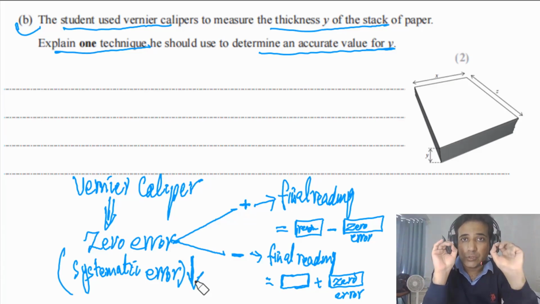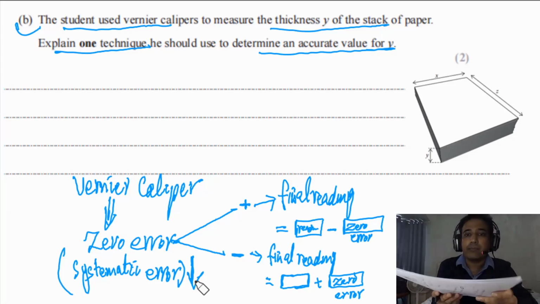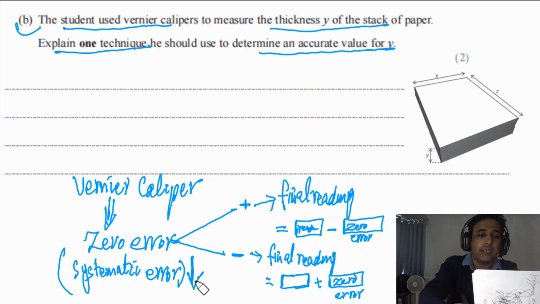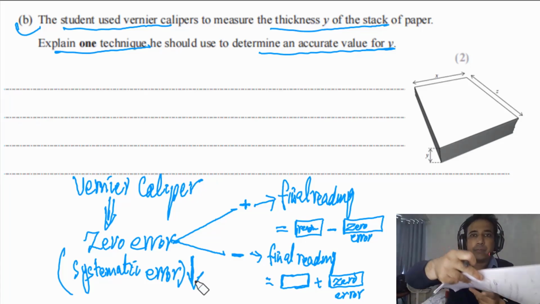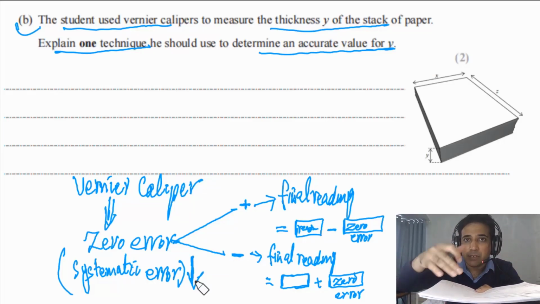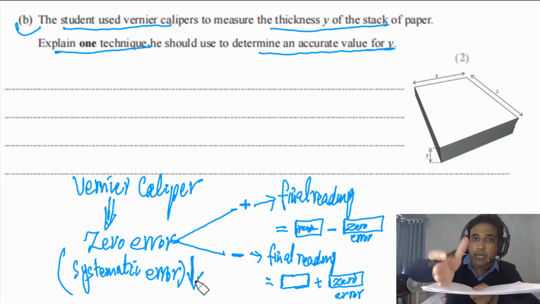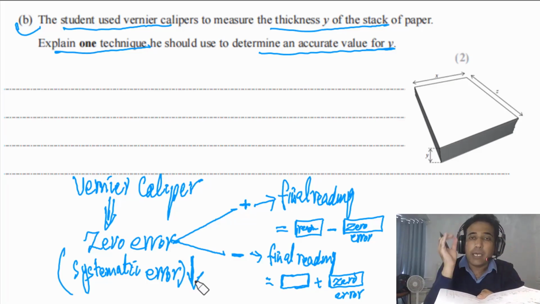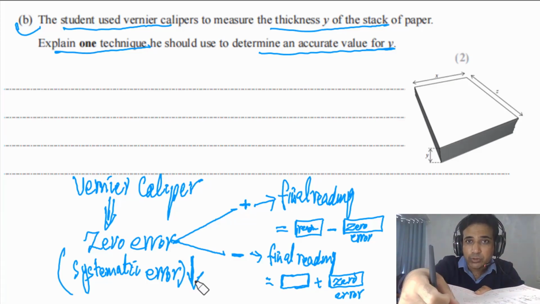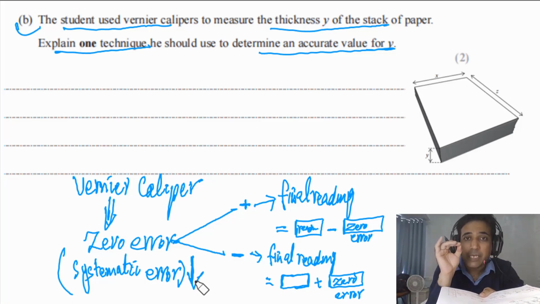Whenever you need to find out a thickness, for example, I have these papers here. If I need to find the thickness of one paper, I will take many papers, make a stack of them, and find the total thickness at different positions. I will calculate the average total thickness, and then divide by the number of sheets, so I can find an accurate value for one sheet of paper.